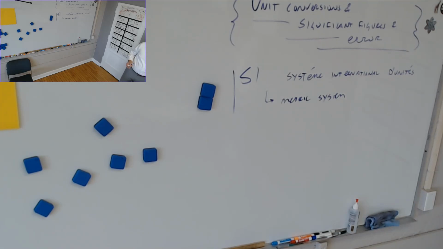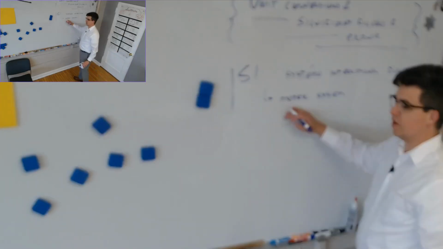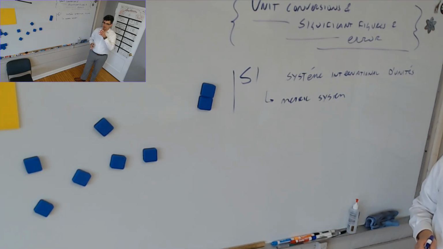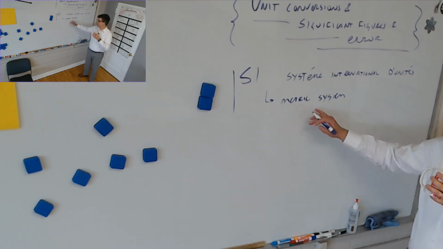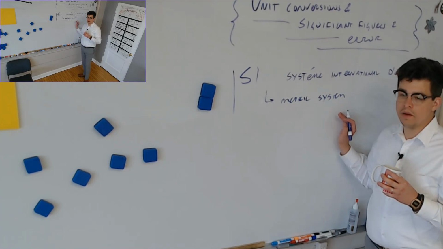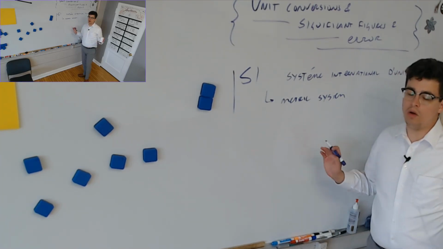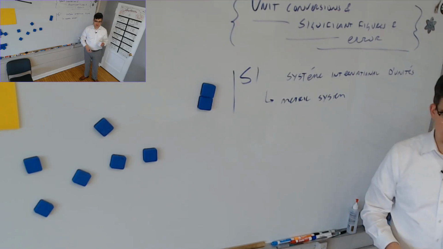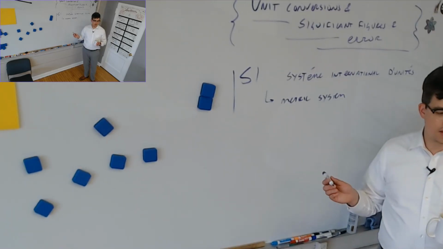The SI is like the metric system. The metric system was invented in the late 1700s in France, and this is like an improved version of that, in that it contains all the quantities, all the units that we need to measure any quantity physically in the universe, as far as we know. There are 7 base units. Your book talks about that. The video talks about that. You should remember them. And there are also prefixes